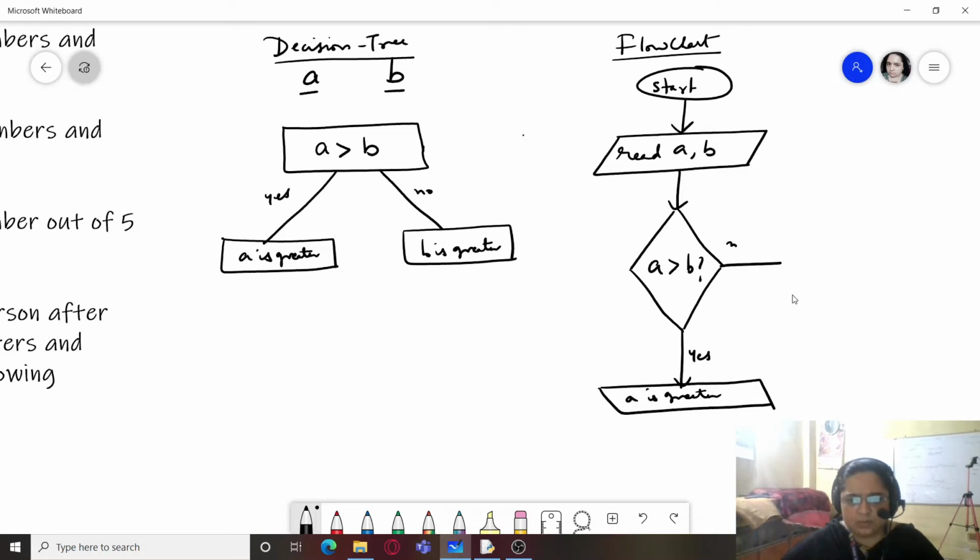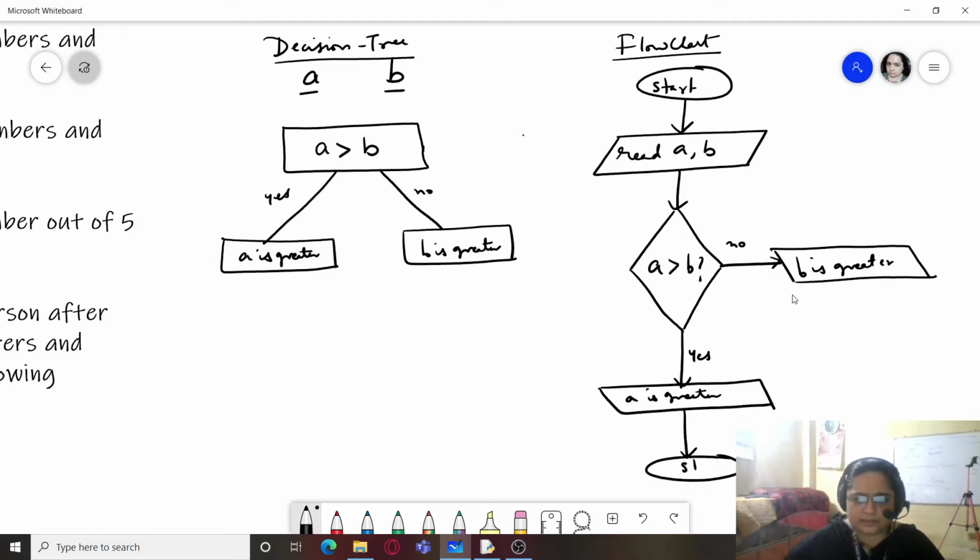And if no, that means B is greater. And stop. So whether A is greater or B is greater, ultimately it will lead to stop. This is the flowchart, and let us now create its program.